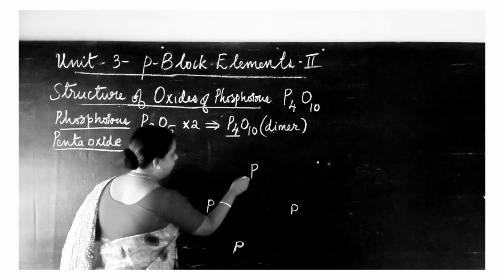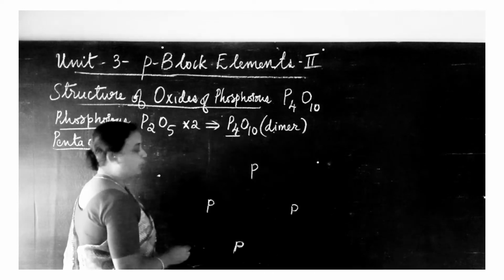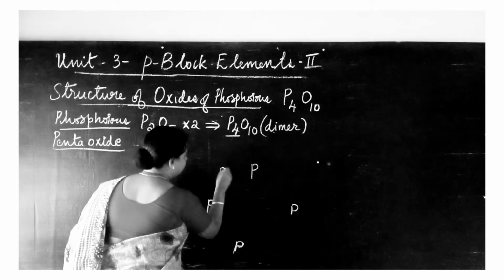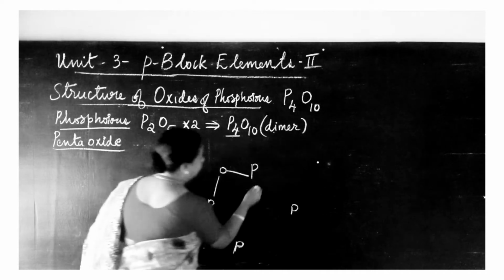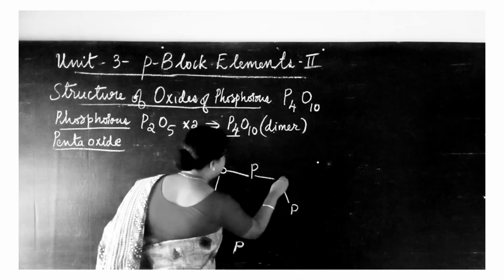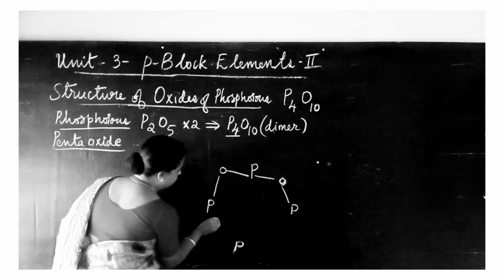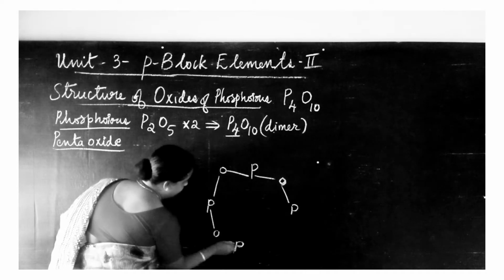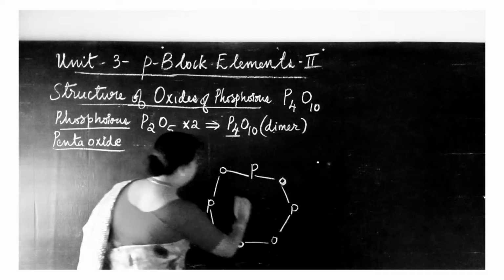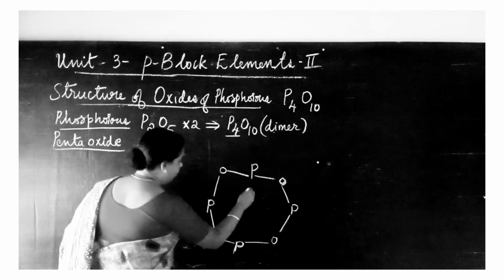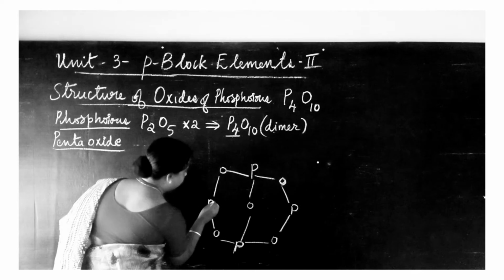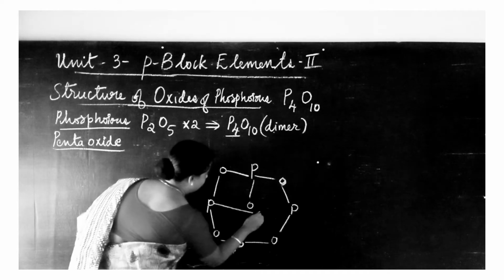Okay. Now what am I doing? I am just joining the oxygen bonds here. Okay. So one oxygen is existing over here. Similarly, here also one oxygen is existing. Yes, one oxygen is being added here. Likewise here also one oxygen is added. Now likewise here also one oxygen is added in between the 2 phosphorus atoms. Now even this phosphorus atom is joined with one oxygen atom. Now this is also joined with another oxygen atom.